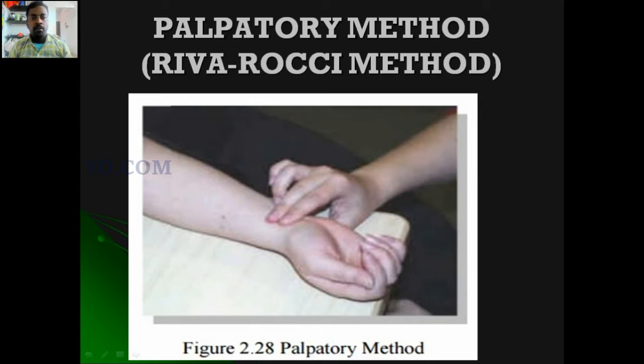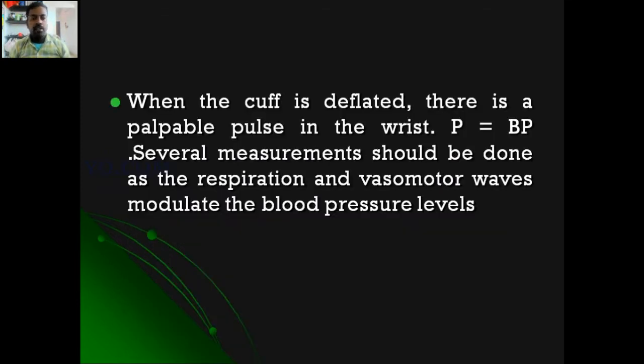Okay, palpatory method. The palpatory method is the oldest method. So they are measuring the blood pressure for some time. They are measuring the pulses. Okay, pulse measurement. When the cuff is deflated, there is a probable pulse in the wrist. So the pressure equal to